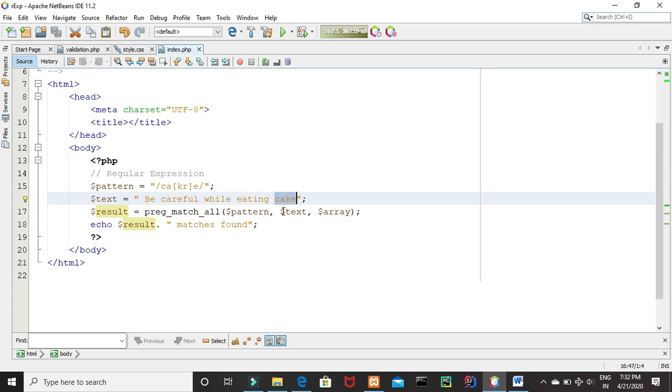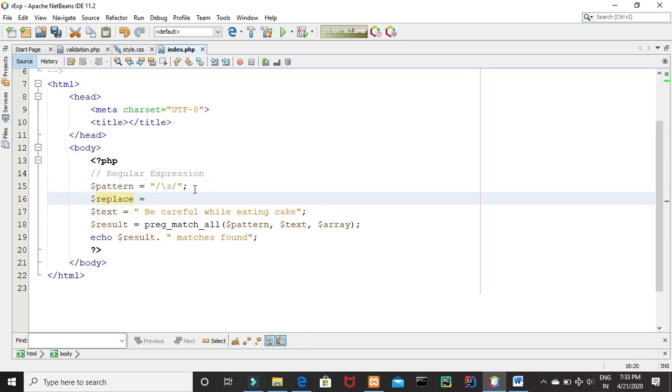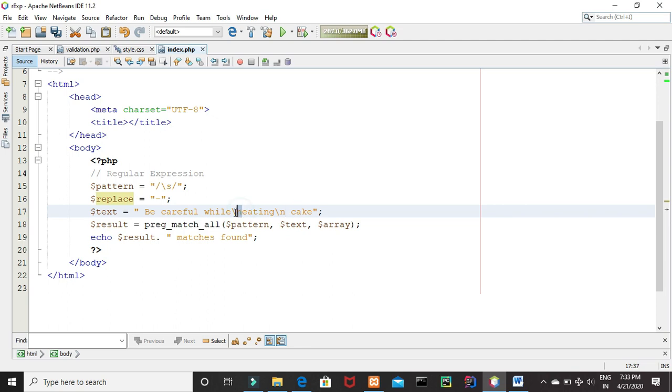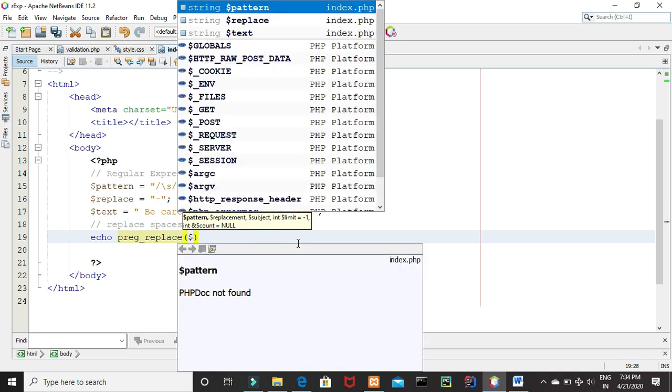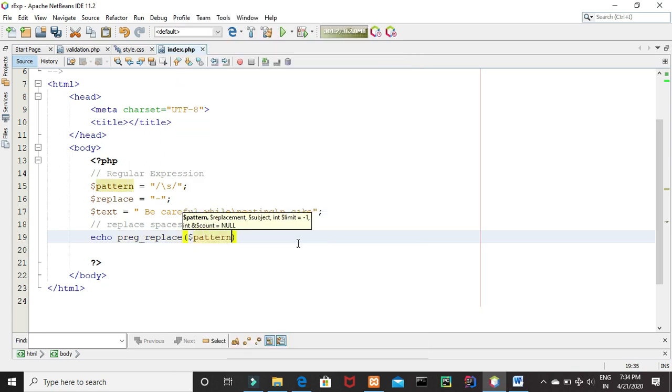Let us have an example of the predefined character classes. Once again we'll change the pattern. One more variable, replace. Here I have inserted new line characters, before eating and after eating. There are two new line characters, backslash n and backslash n, over here. What do you want to replace? There is a pattern stored in our pattern variable, then one more variable, replace, and where we are going to do all these things is within our variable text.